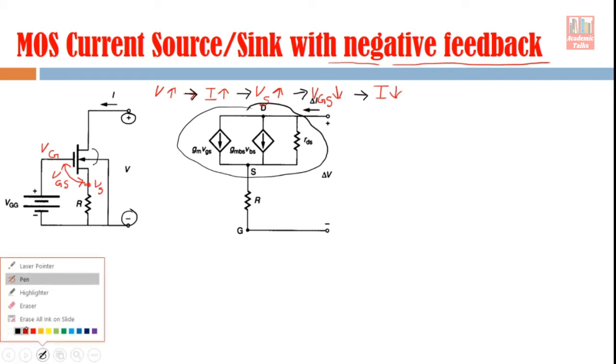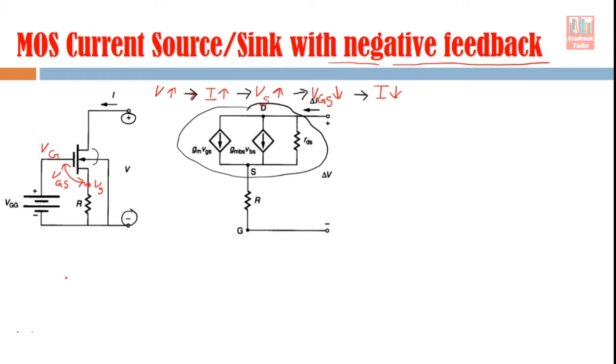Now, I can change this color again. So, this is small signal model of your MOSFET device. We have shown only two terminals, this is drain and source, this side. Gate does not matter, because right now we are talking about output resistance. And here the source terminal, that is connected to this resistance. So, this resistance is shown here. You see, source terminal is connected to this resistance. Now, suppose delta V is the change in the voltage.